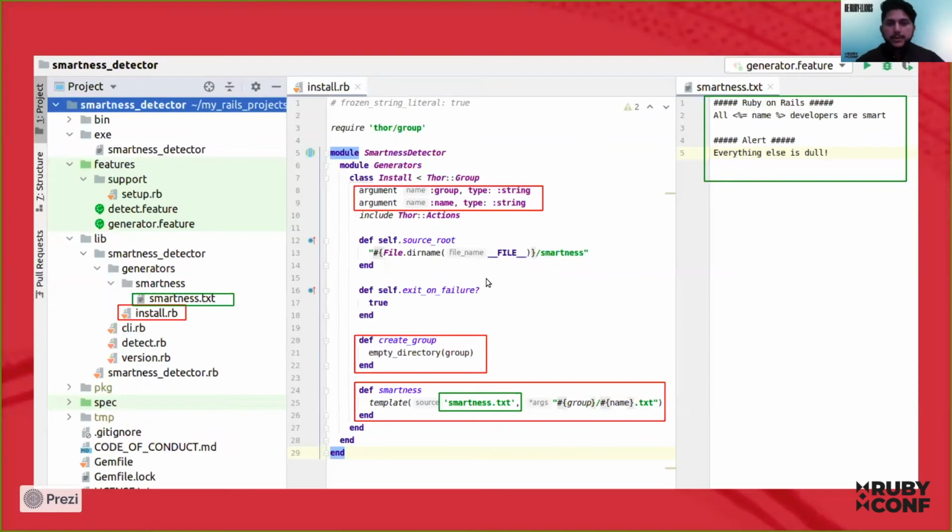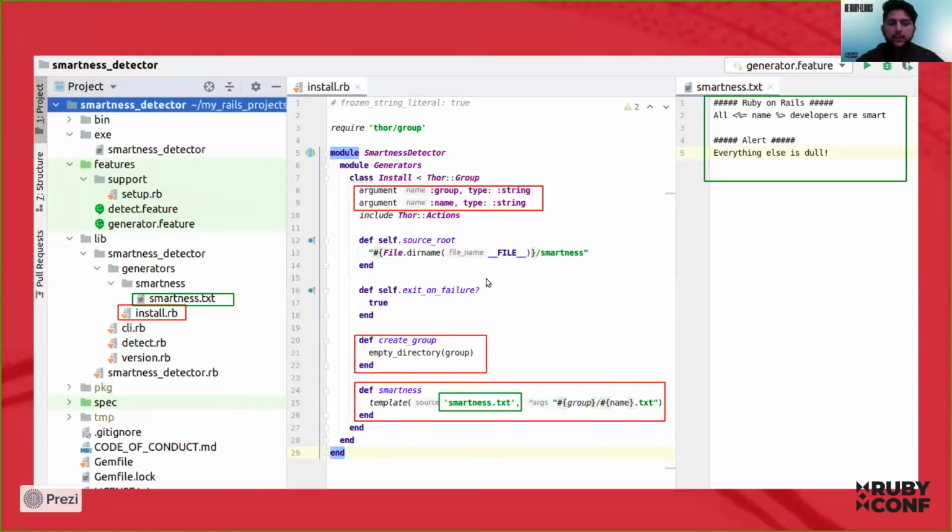These are string arguments. You can change the type to integer or something else if you want, but we are using strings in our case, and we are including Thor actions. Together, Thor group and Thor actions will help us build directories and template files.